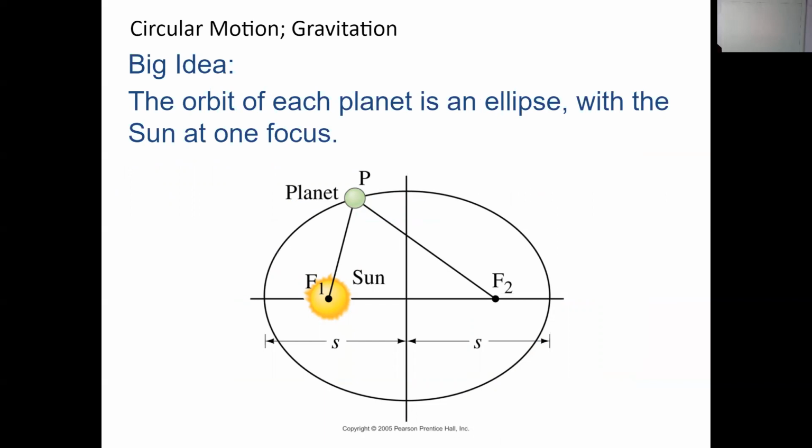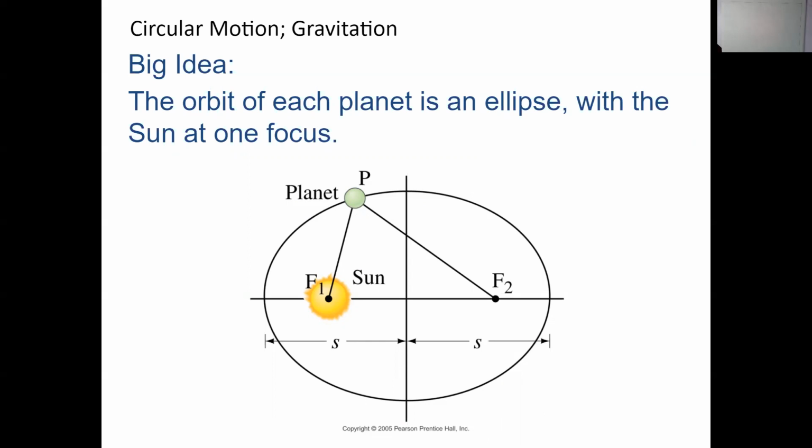So now, a quick recognition of Kepler's laws. Johannes Kepler was an astronomer, actually an astronomer and astrologer, who lived about 200 years before Isaac Newton and came up with some observational laws. So these laws don't really explain anything, they're just observations. And one of his key observations is that the motion of the planets is elliptical.